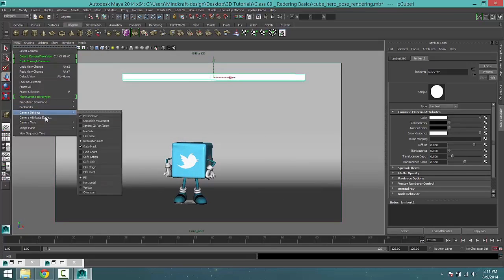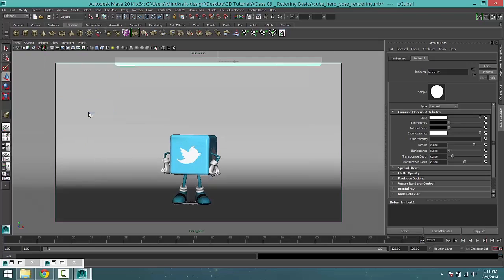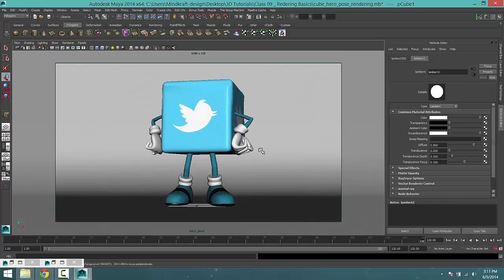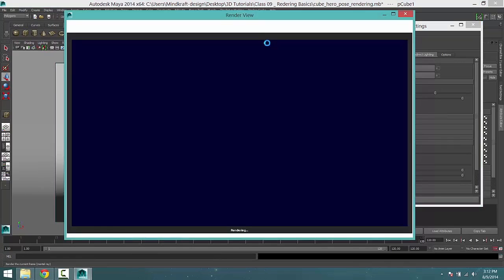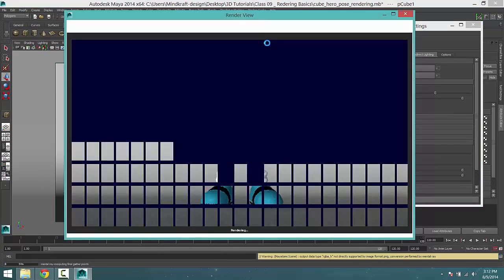So if I come back to camera view, I've explained that final gather does not require a point of light, but obviously it should use every point in its work. Global illumination, on the other hand, will use the light source that you have to add to the lighting in the scene. So if I try and do a new render now,